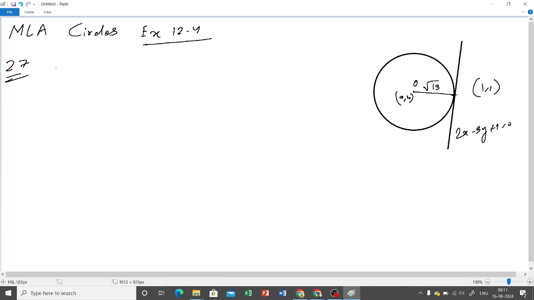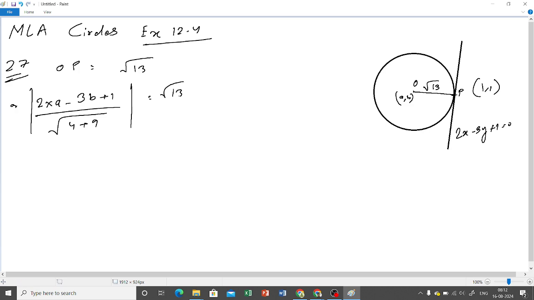Okay, so now let me take this one as P. So what is OP? OP is root 13, or the mod of 2a plus 3b plus 1 divided by root over 4 plus 9 is equals to root 13. Okay, or 2a minus 3b. 2a minus 3b is equals to 12. Okay, now